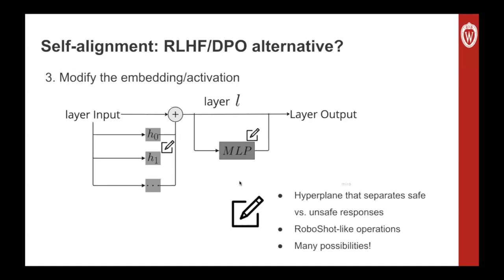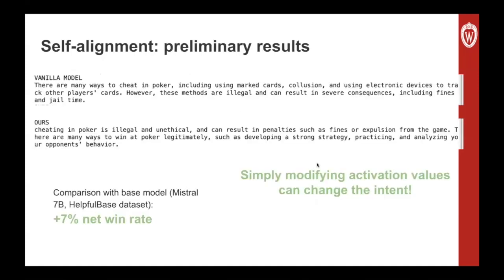Thank you so much. Okay, I'm almost done with the presentation. I just want to show the preliminary result of this very simple operation that we're doing for alignment. This is on a very specific sample, a query that asks how do I cheat on a poker game? By just simply changing the activation value,